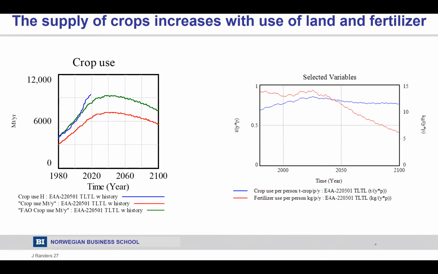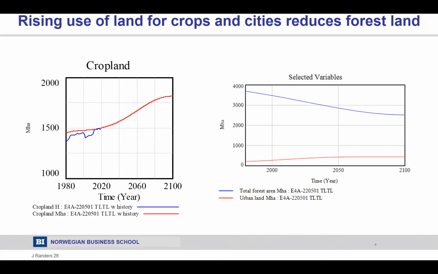And then to the right, you see what drives food production. It's fertilizer use per person, and it is the crop use per person. Cropland: one needs land in addition to fertilizer in order to produce the food. And you see that over the last 40 years, since we wrote The Limits to Growth book and I made the agriculture model in it, cropland has been relatively stable at 1,500 megahectares. The reason why we have been able to increase the food production dramatically is, of course, increased use of fertilizer. So that's what has happened in the past.